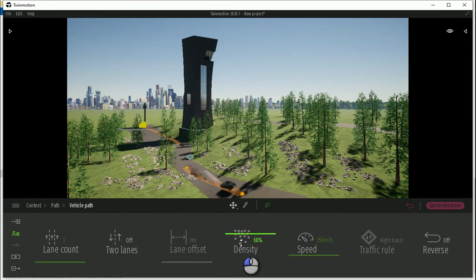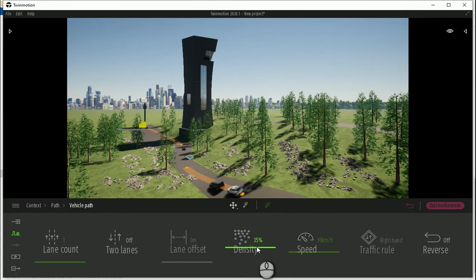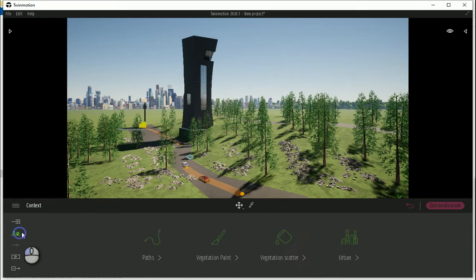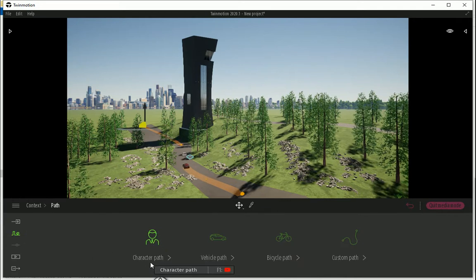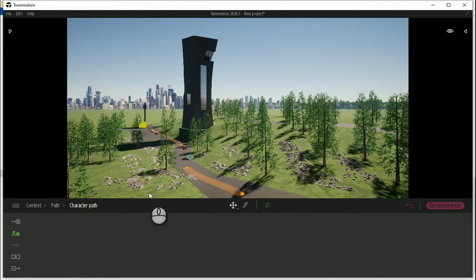You can see the cars are going to come out of that path and continue moving. Okay, I can decrease the density. We can change the speed. Okay, this is mainly useful if you want to create an animation or something, but usually we just need one single frames to show the render. But this is interesting. You can also create a path which is for some characters.